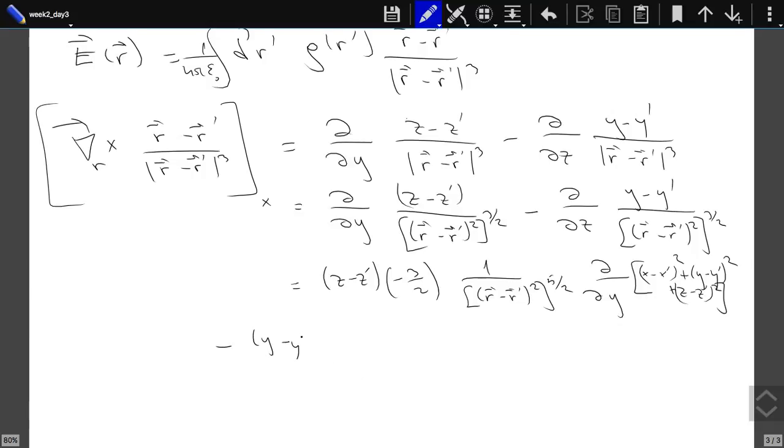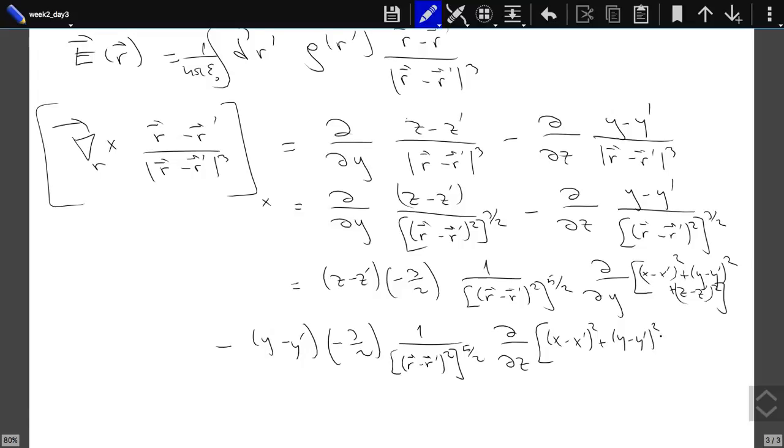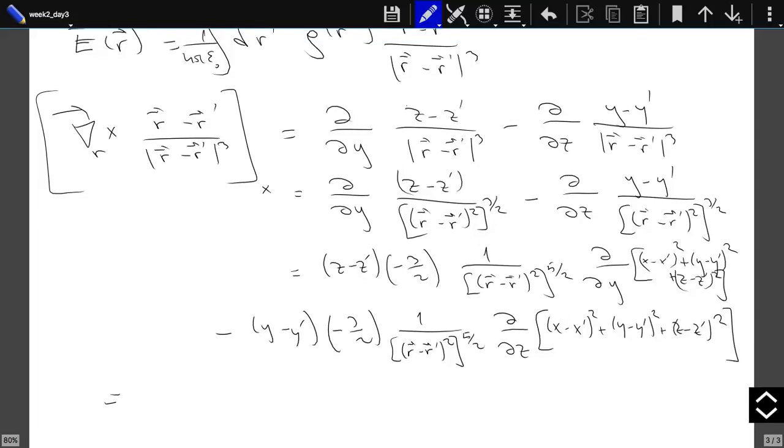Minus, well, the derivative with respect to z is similarly minus 3/2 times 1 over |r minus r prime| squared raised to the power 5/2, derivative with respect to z of the same bracket, equals